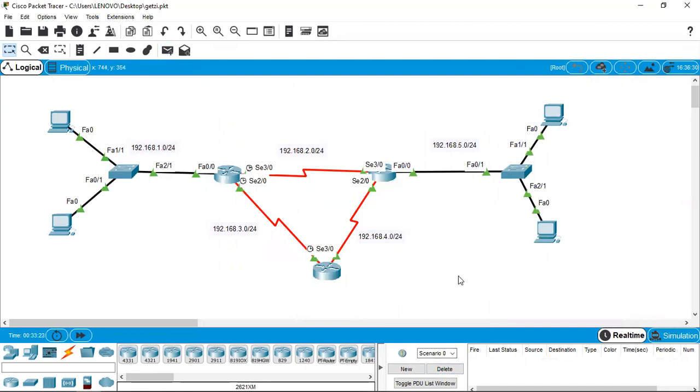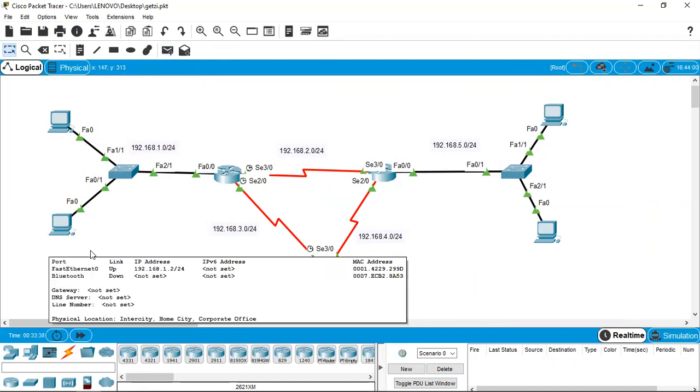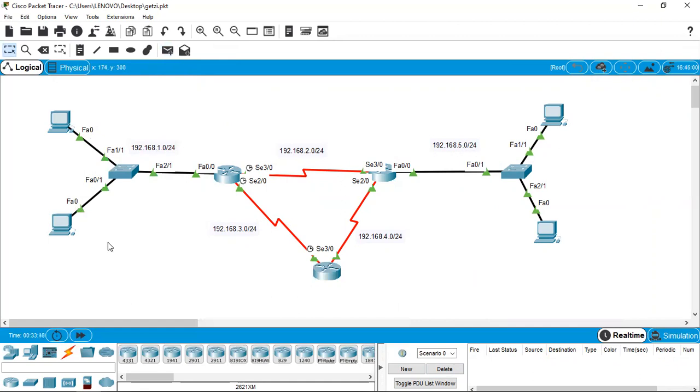Now by this time you should have figured out what has gone wrong. Yes, you would have guessed it correctly. We did not give the default gateway for these machines. What is the default gateway? When this machine has a packet for a destination, but that destination machine is not available within your local area network, which may be available in a remote network, then you need to say the default gateway. What is the default gateway? It is the router's interface where your local area network is connected. In this case, it is